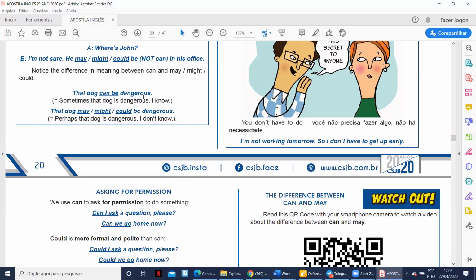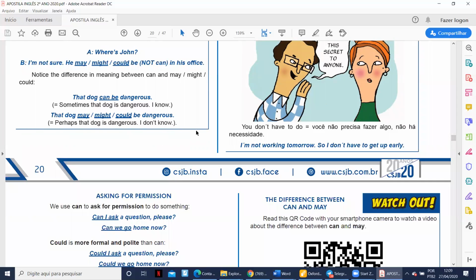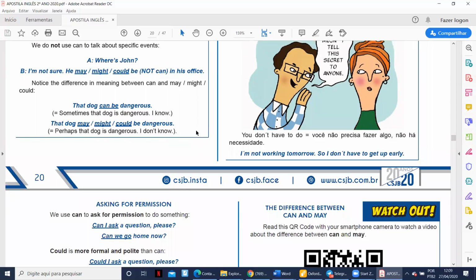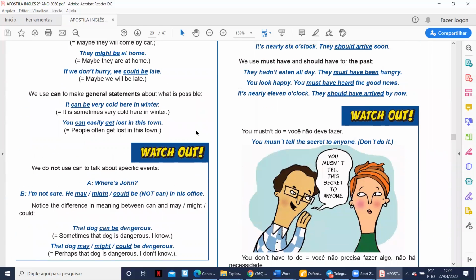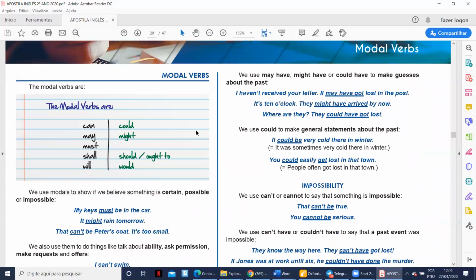I know the dog can be dangerous. That dog may be dangerous. I don't know, but I believe there is a chance the dog is dangerous. Okay? So,